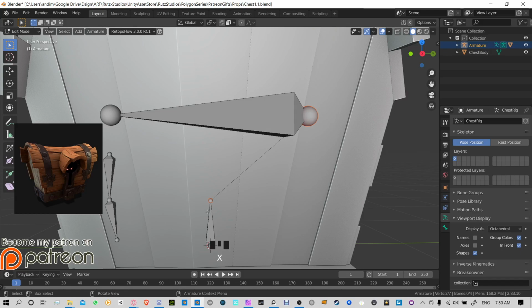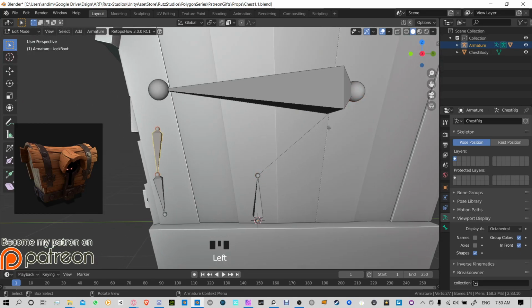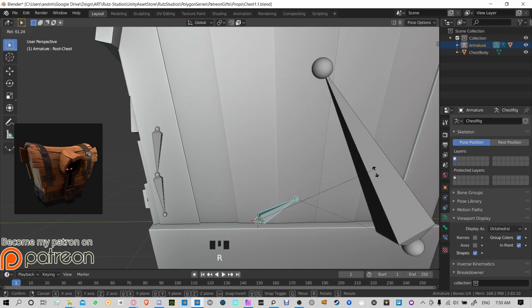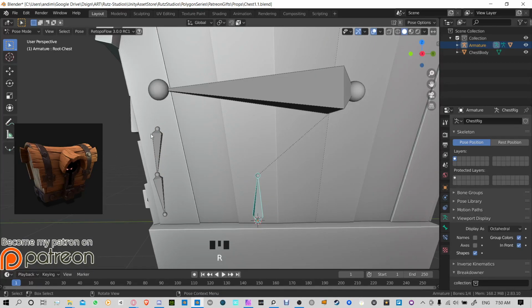You see this line? This is a relation line. So we want to do this the same as well. We want this because when we move this pose, we move this guy, it's moving this, but this guy is left alone. So we want to be in edit mode,